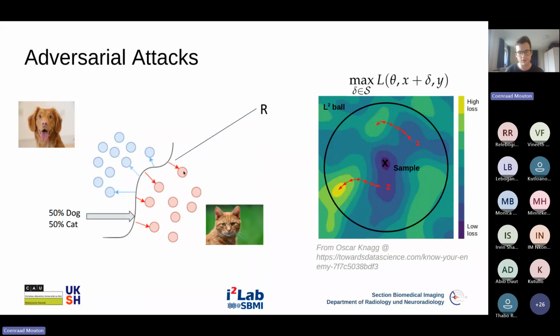So to craft an adversarial example, say from this cat image here, this red dot over here, all we need to do is find the minimum perturbation that we can add to this image that will put it to the other side of the decision boundary, that will move it to this left side. So essentially the minimum perturbation we can add to the example such that the network will misclassify it. And the size of this minimum perturbation, the distance you need to move the sample, is known as the margin.